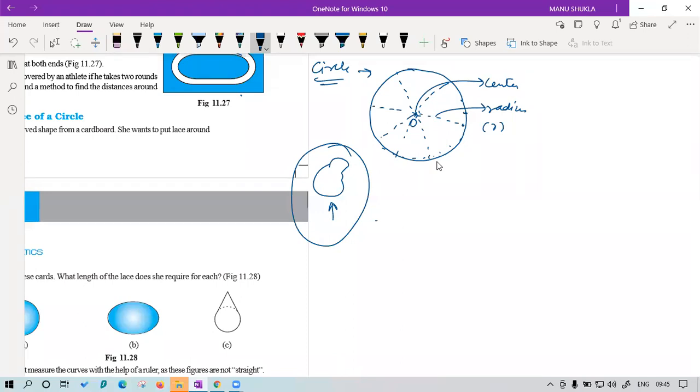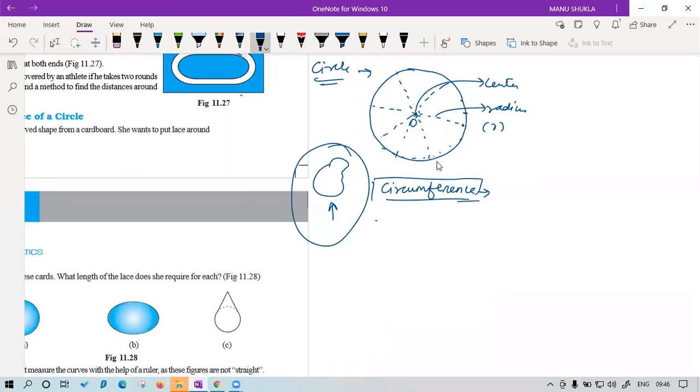So class, first thing that we study about circle is the circumference. Circle has infinite points. Yes, it has infinite points. Class, please tell me what is circumference of a circle, and it is similar to what? What is circumference and how it is similar?